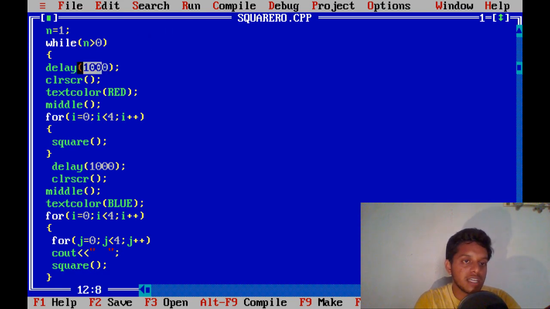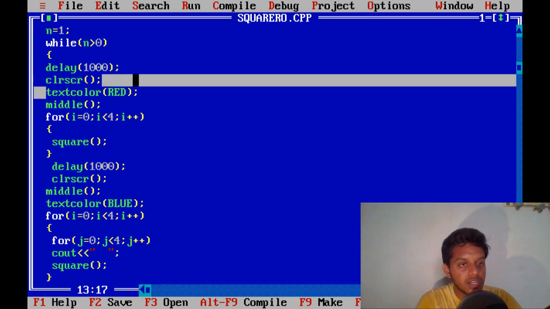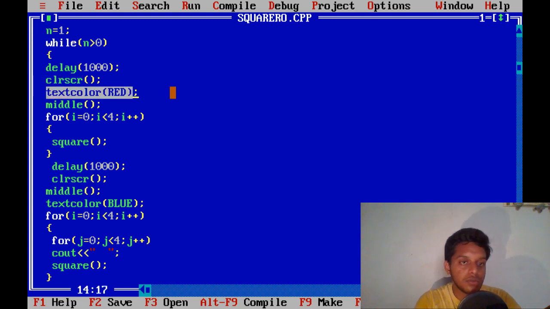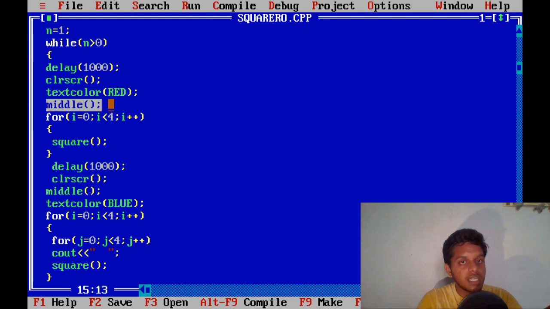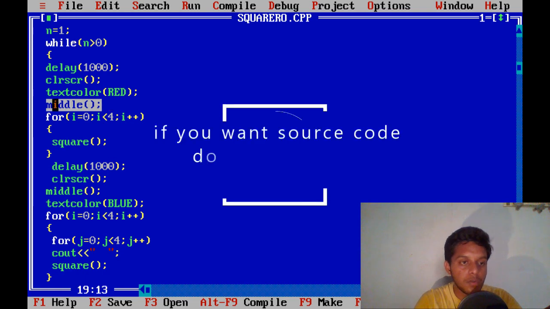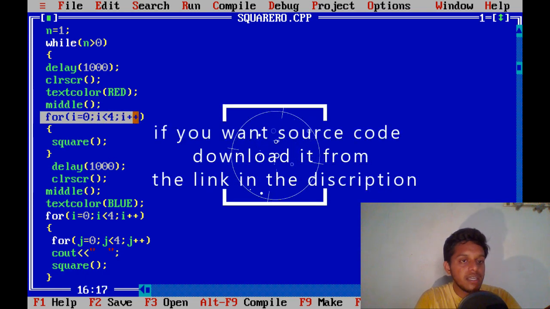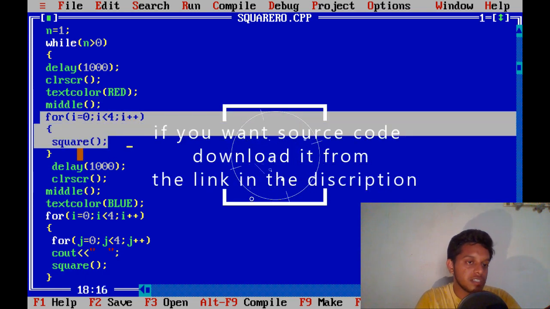These are 1000 milliseconds, which is approximately equal to 1 second. And then I have taken a clrscr function which is going to clear the screen. And I have used textcolor to apply some colors to the cube, and I have applied the red color first, and I have called the middle function so that the cursor moves to the middle of the screen. And then I have taken a for loop, and in that for loop I have called the function square